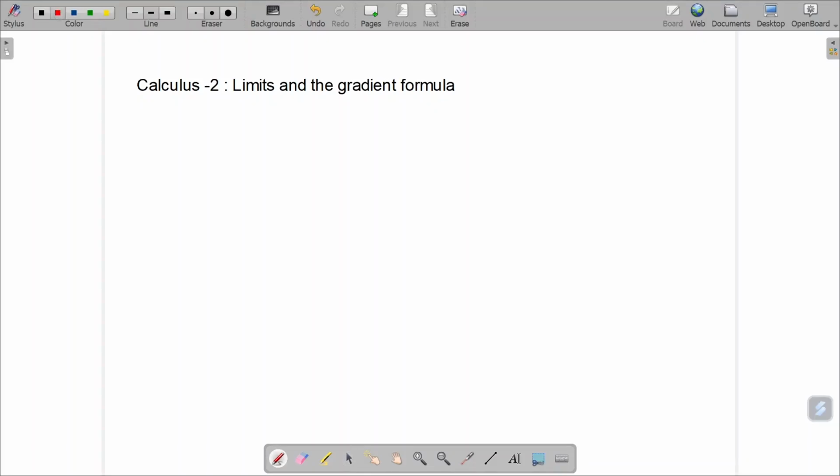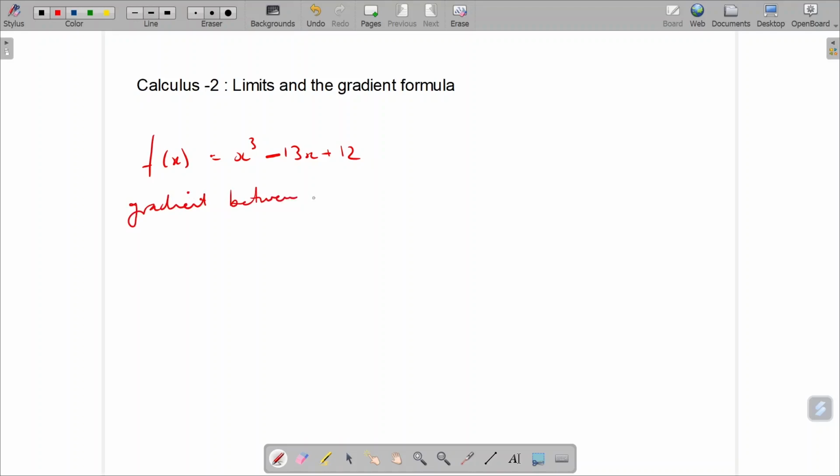We are now going to be looking at how the limits that we learned about in the last period apply to the gradient formula. So the first thing we want to look at is if I was to give you f of x equals, let's say, x cubed minus 13x plus 12, and I said to you, find the gradient